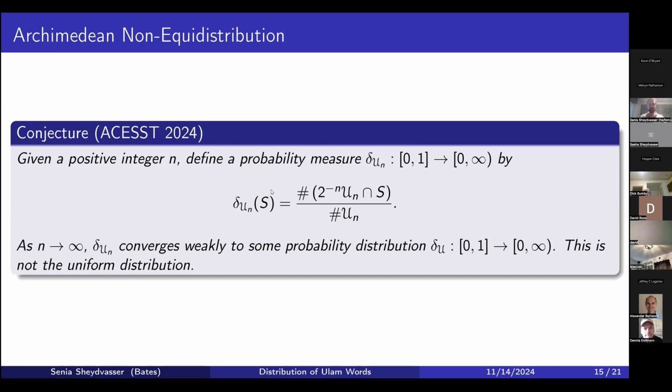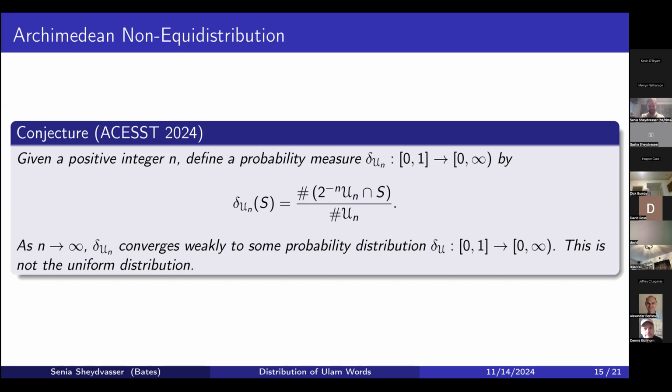The measure of some set S should be the proportion of Ulam words, appropriately rescaled, which lie inside of this subset. And what we think is true based off of the available data is that in the limit, these